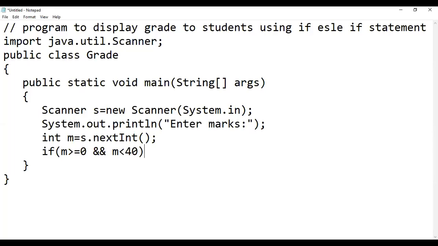If student enters marks from 0 to 39, student will be fail. So we want to display message fail. So in body of this condition, we can display System.out.println.